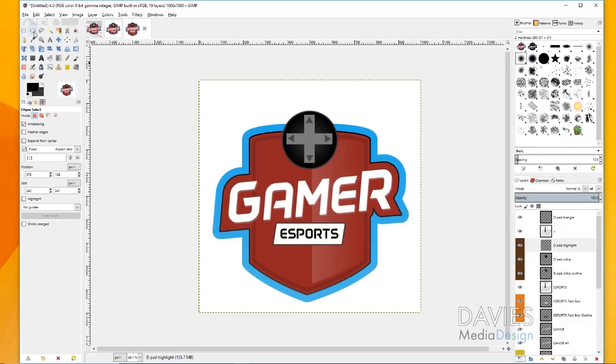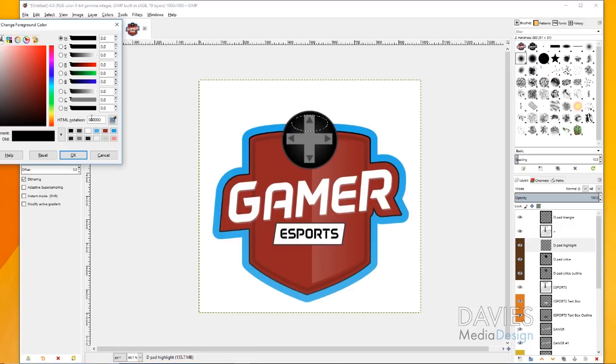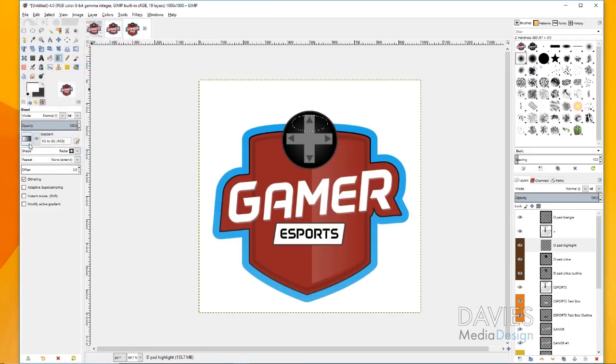So I'm going to grab my Ellipse Select tool. I'm going to uncheck the fixed aspect ratio because this isn't going to be a perfect circle. And then I'm going to click and drag my selection area here. And then I'm just going to adjust it a little bit. And then I'm going to grab my gradient tool, change the color here to white, and then change this to foreground to transparent, and then I'm going to click and drag from the top,